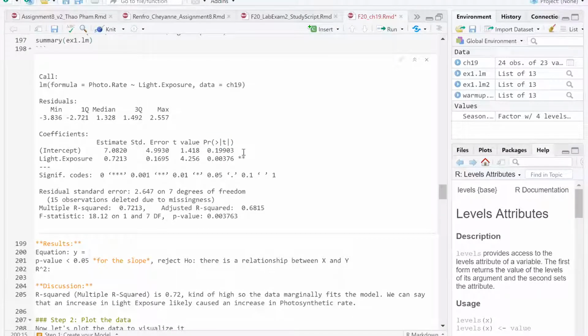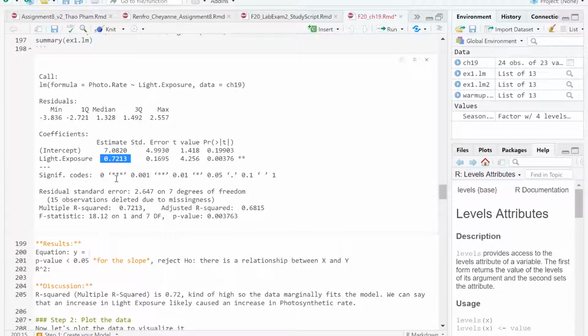So this column at the very end is our p-value. We've got the t, standard error. The estimate is our actual slope and intercept. Intercept is intercept. So this is the estimate of the intercept. This is our estimate of our slope,